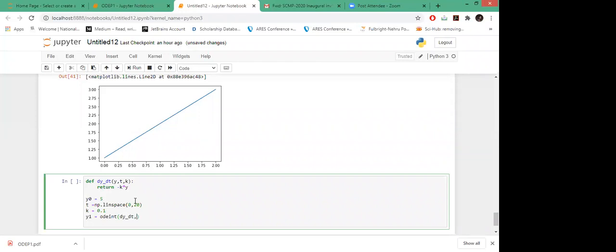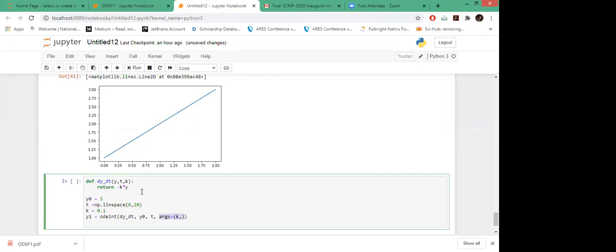We are calling this function and we are using the same initial condition y0 and t. But here, since you're using this parameter k, you will also pass args equals to k. So this is the form how you will pass your parameters used in the differential equation.